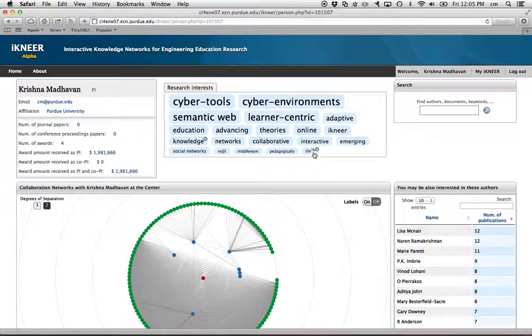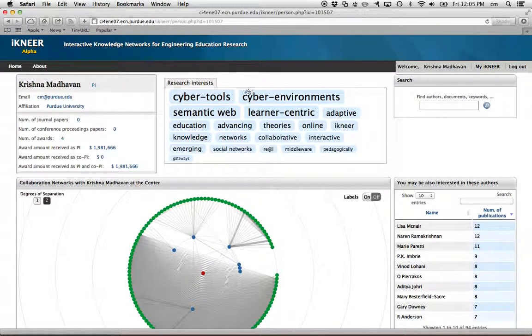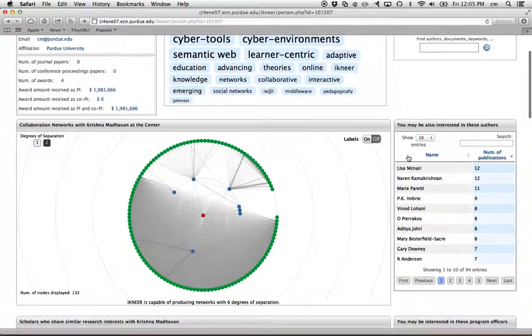There is this key phrase which says live TM. This is probably an artifact picked up from one of my papers. So I am actually not happy with this as a key phrase. So I'm removing this by clicking X, and the system will recognize that I've removed it later on, and it will not show it in my profile. So you see that now it's gone from the system.